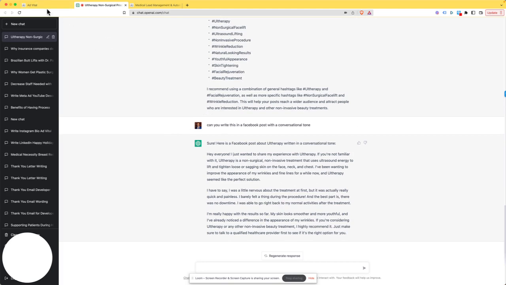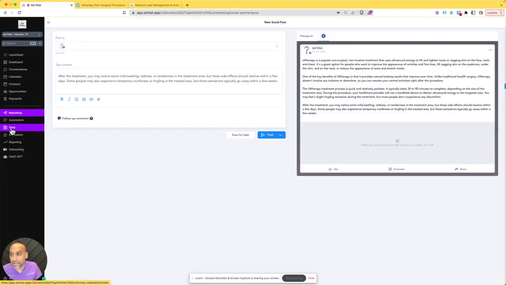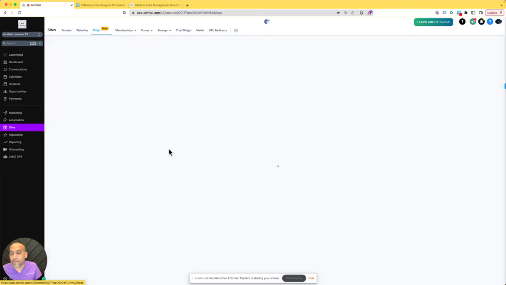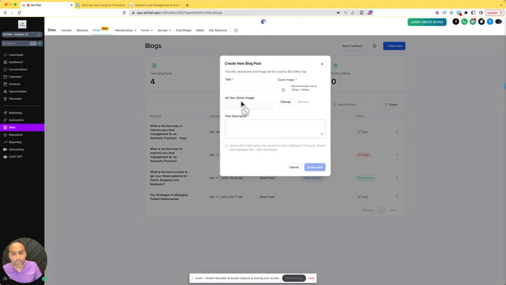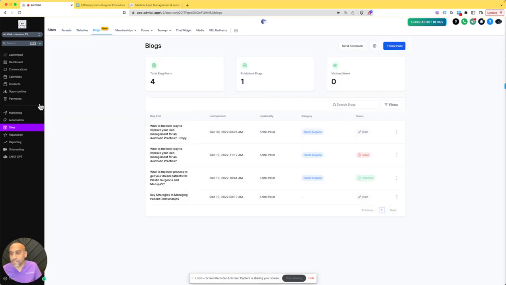You can take this content, again, you can put it into social media. You can also put it in a blog here. So you take it and you just make it a blog, new post, put in all the different descriptions, the cover that you want, images, and it's ready to go. And so this is a new way to use the AI, and it's for free, right? We just included it here in terms of another screen. Once you create a login, OpenAI allows you to use ChatGPT to help create your content